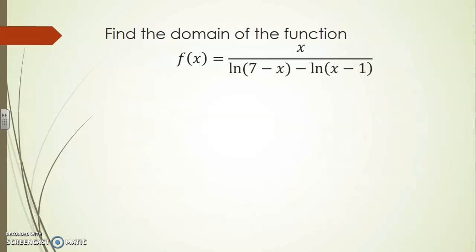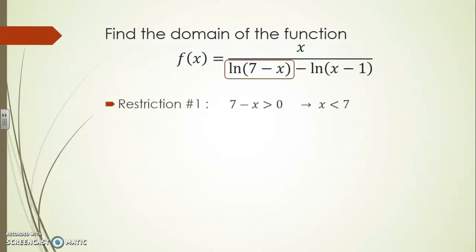In this last example, we're going to look at something a little more complex, actually quite more complex. So we're going to identify the domain for the function x over ln of 7 minus x minus ln of x minus 1. Now when you're looking for domains, you want to look at restrictions that have to be